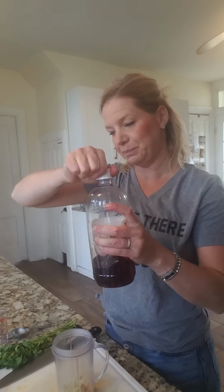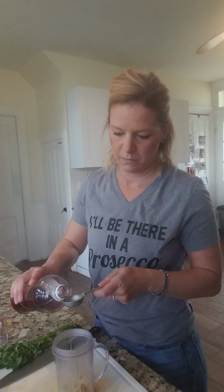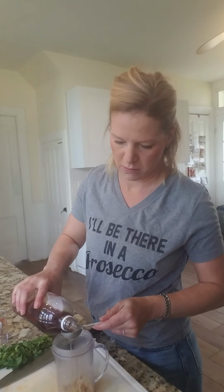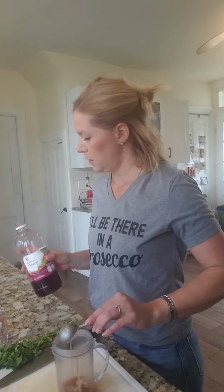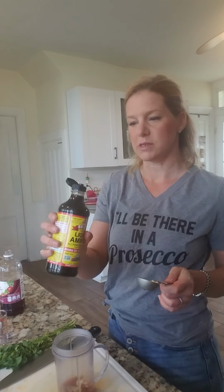All right, now let's get to some of the other ingredients that go in here. So red wine vinegar, we need 4 tablespoons of. Soy sauce, you also need 4 tablespoons of. I use the Bragg's amino acid substitute, and of course I didn't realize this was a new bottle and still has